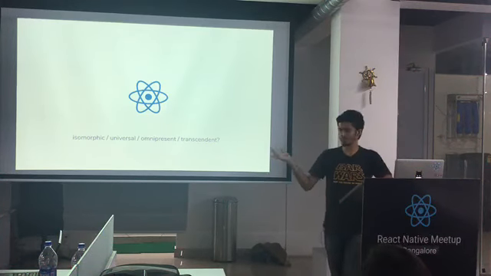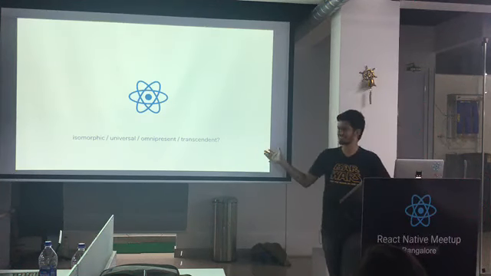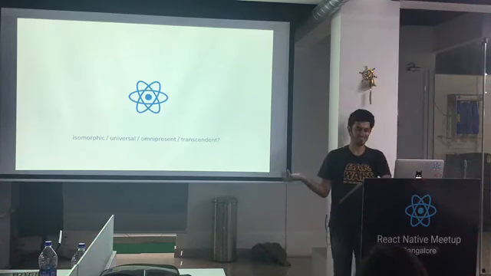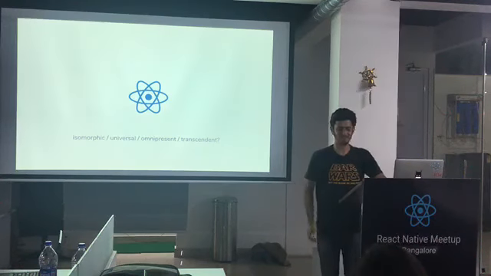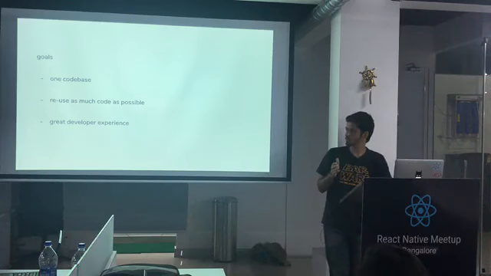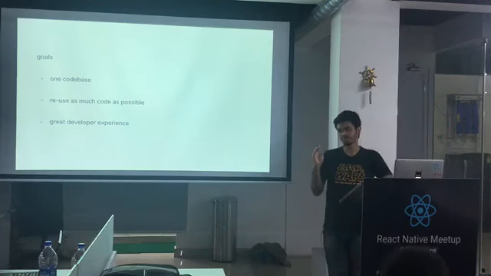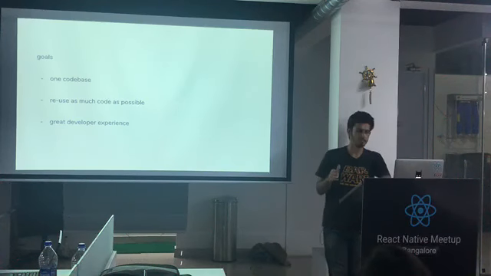web. I don't know what they call it, isomorphic, universal. I think we've kind of overdone it with these jargon. I'm calling it transcendent because it sounds the coolest. But invent your own, it doesn't really matter. So the goal of this experiment is we want one code base. We want to use as much code as possible while maintaining a great developer experience.